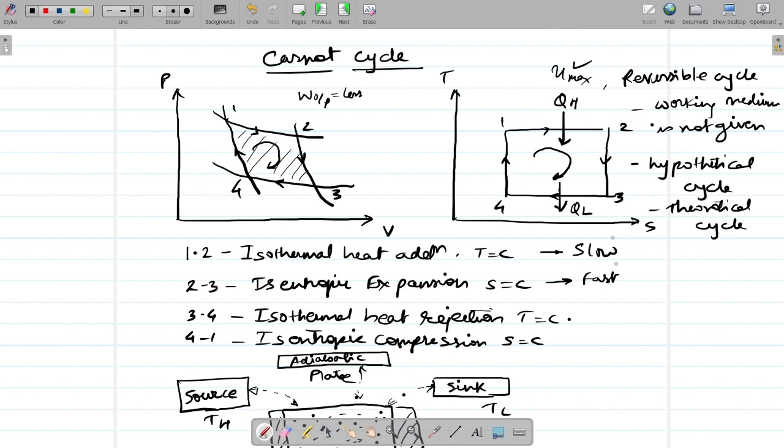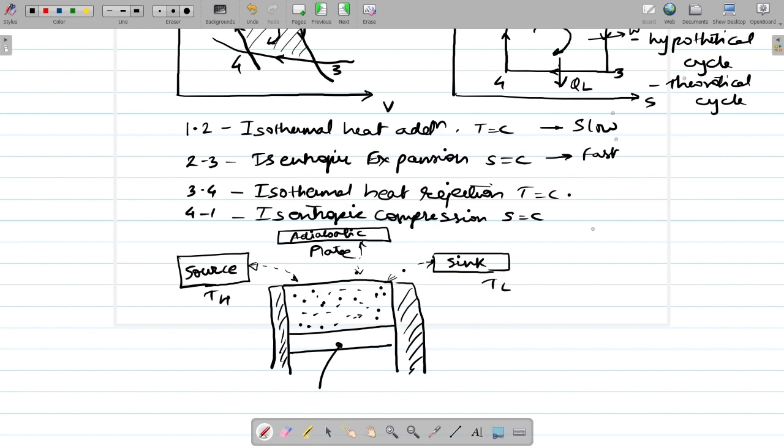Here you will see that the maximum amount of heat will be converted into work, and the remaining heat will be rejected to the surrounding. A very small amount of heat will be rejected to the sink. The reason for the impracticability of this Carnot cycle is that the work output obtained, the area enclosed by this cycle, is very small. The work output is less, but the efficiency is maximum. So the Carnot cycle consists of 4 processes: isothermal heat addition, isentropic expansion, isothermal heat rejection, and isentropic compression.